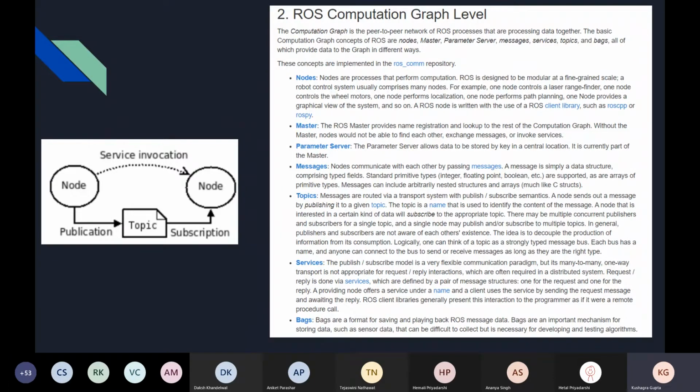And there are different nodes, and information from one node to another travels using something called a topic. There are two things associated with this. Firstly, you need to publish to this topic, and secondly, the associated node needs to subscribe to that topic.